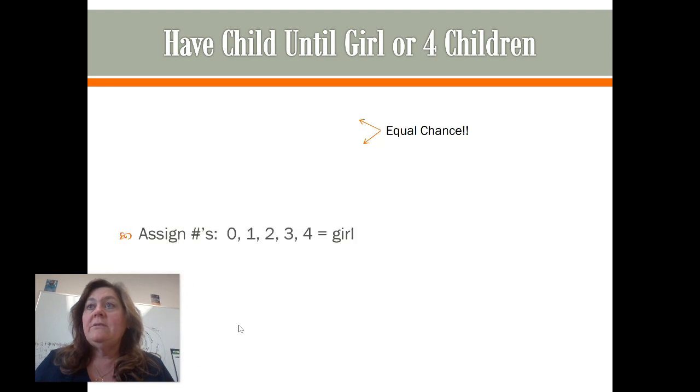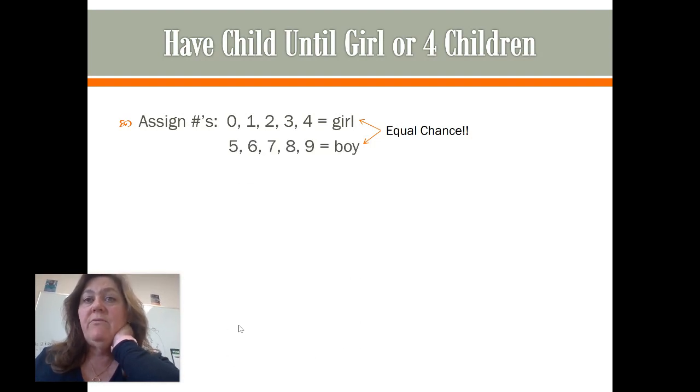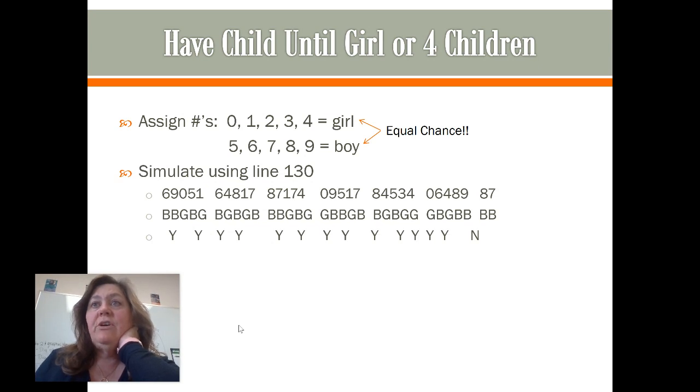Okay. So again, having a child until a girl or the 4th child. Let's do this. So 50-50. Let's do 0 through 4 to be a girl, 5 through 9 to be a boy. Let's go to the table, line 130. Please have it in front of you, and you see the digits going across. What I did was we did boy, boy, girl, stopped because we got a girl on the 3rd try. Boy, girl, stop, girl. Okay. And you'll see I draw lines in there to show where we had